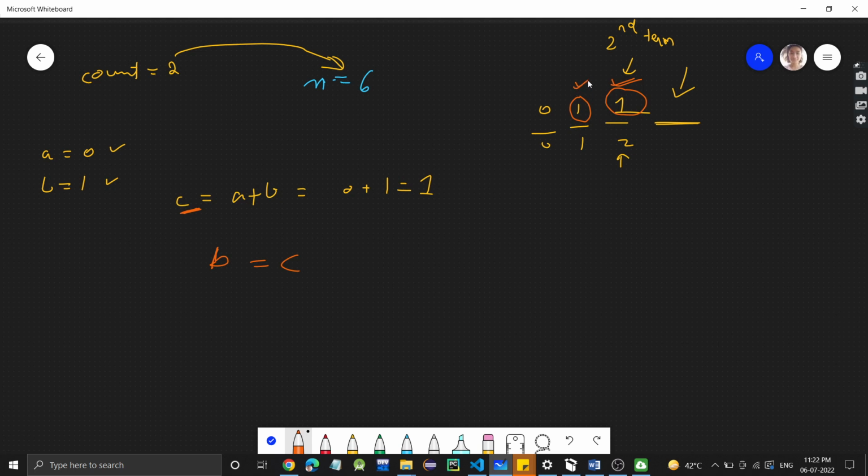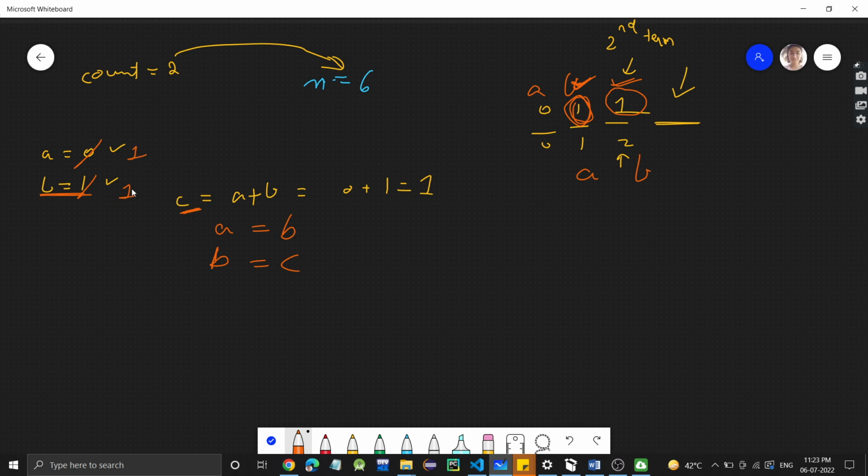And this one was what? This one was the earlier B. Because this was A and this was B, right? But now this one will become A and this will become B. So this was C, so we assigned it to B. But before assigning this C to B, we have to assign the B value, that is this value, to A so that it can become A now. So now this A will have the B value. So A will be given the B value, that is 1. And the C value will be given to B. So it is 1 only.